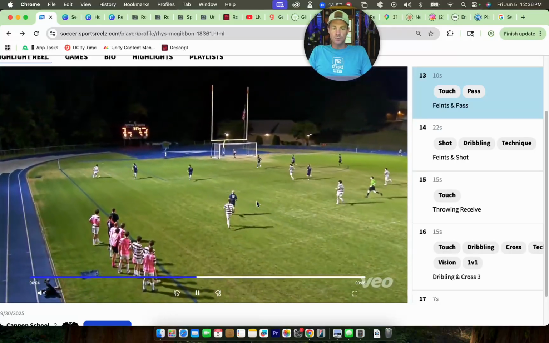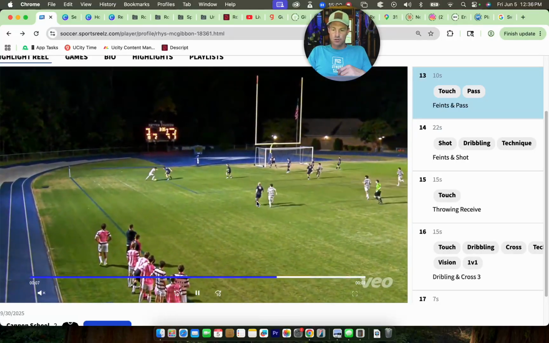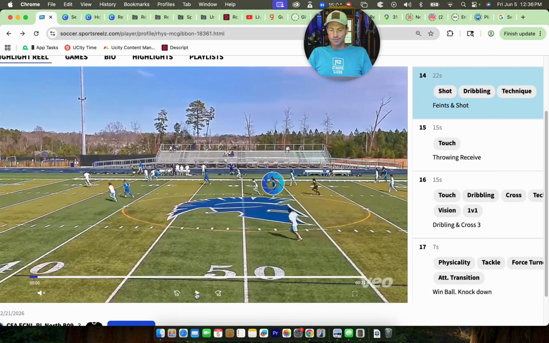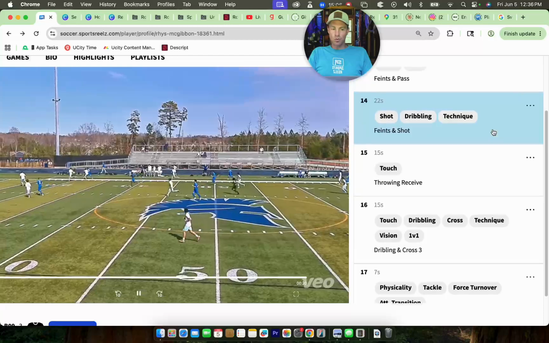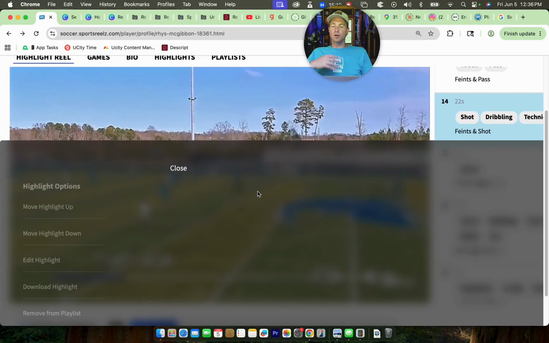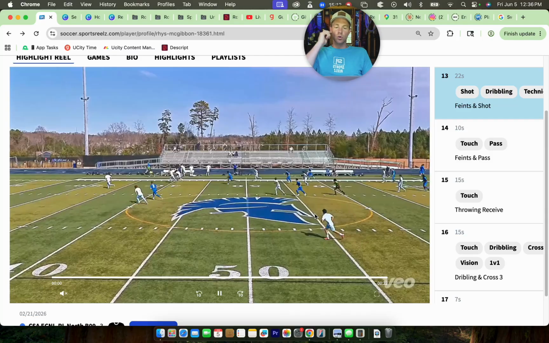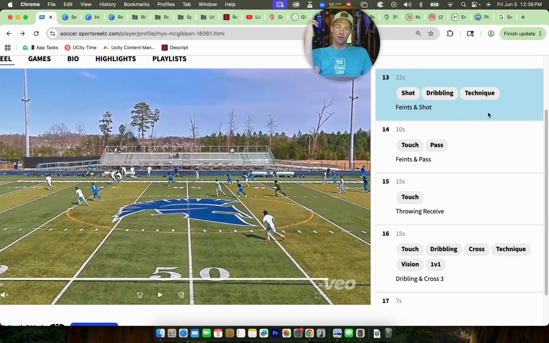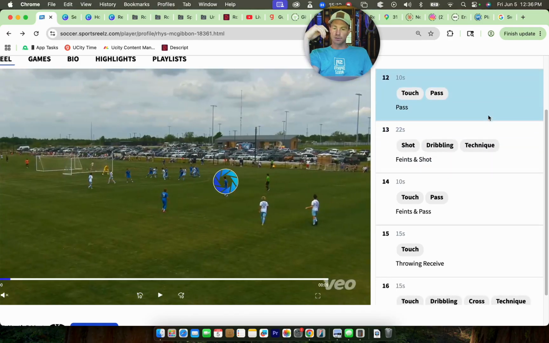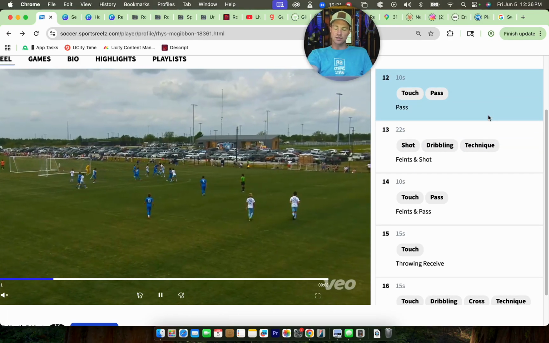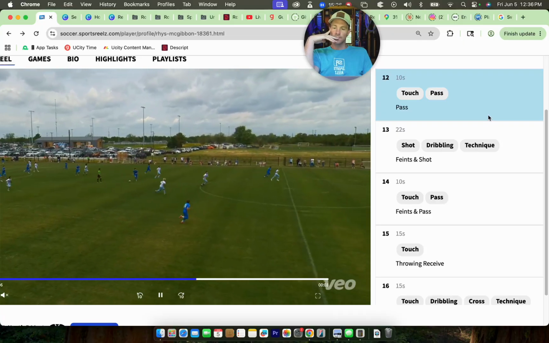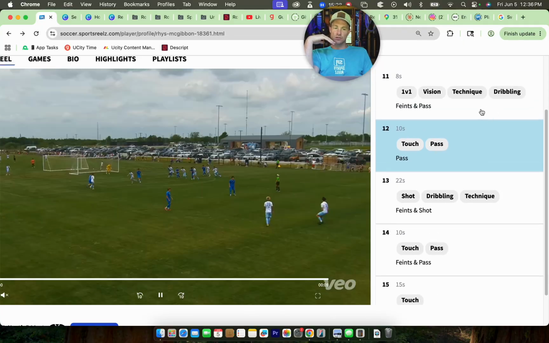Okay, this one gets the ball, does a little 1v1, passes it off. Okay, you know what? I'm going to move that up 1. It maybe deserves to go up 2, but I'm going to move it up 1. I think there's more there. He's got more pressure on him, right? This play, where were we? This play, he's got a little more time and space, right? You can see he's just got more time and space to play that, so a little bit easier than this play